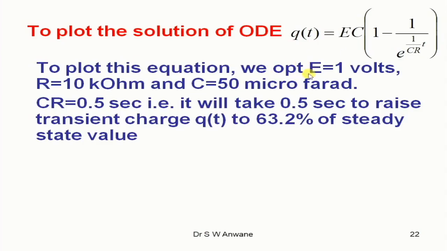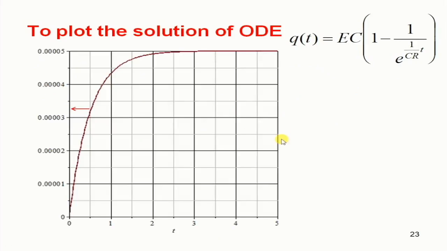Now friends, the same thing I am talking about, CR time constant. Let us consider that we have a battery that offers us 1 volt, and we have a series resistance of 10 kilo ohms and capacitor of 50 microfarads. You can choose any values and you can calculate CR product, that turns out to be 0.5 second. It means that it will take only 0.5 seconds to raise the transient charge in the circuit to 63.2% of